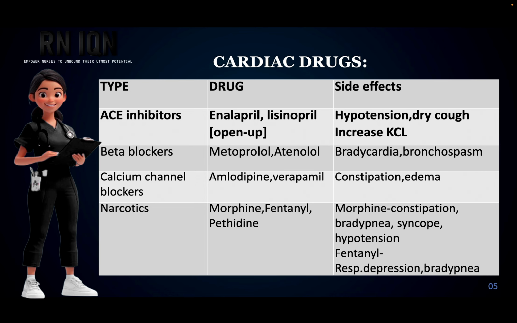In order to relax the blood vessels and reduce the heart's workload, we are giving calcium channel blockers as well as beta blockers. In order to slow down the heart rate and reduce the heart's workload, metoprolol and atenolol we are giving to the patient. These two are the common ones. And it may produce bronchospasm, especially in asthmatic patients. You should be cautious. And as it slows the heart rate, it will end up in bradycardia. For calcium channel blockers, the side effects are it may interrupt the gastric motility and it will end up in